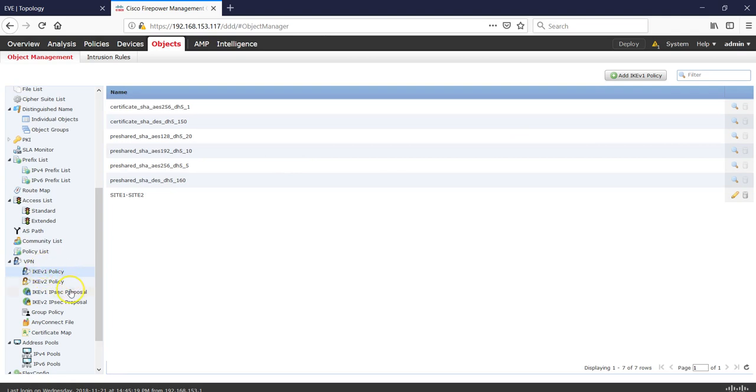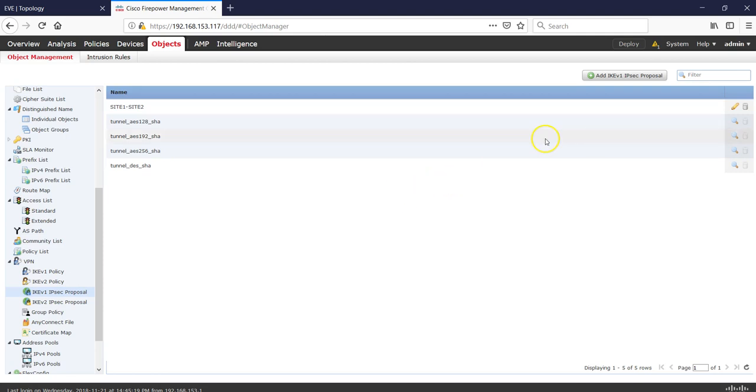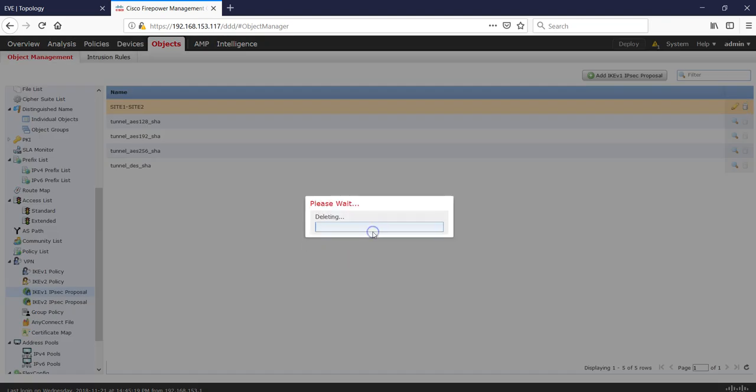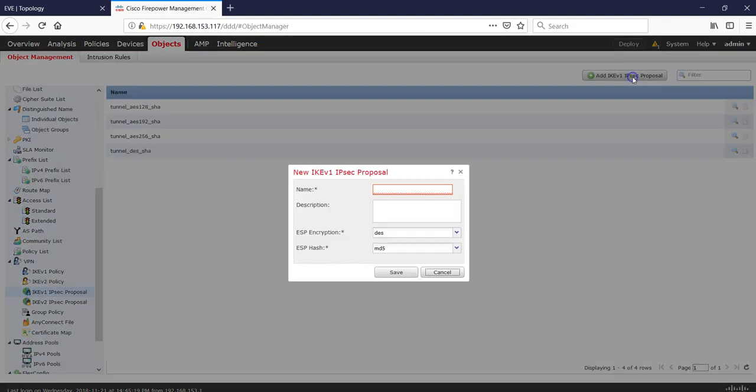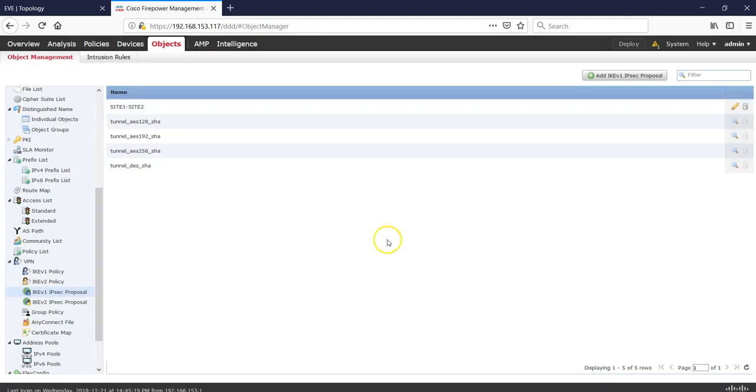I've created IKEv1 policy. Now I'll do phase 2, which is IPsec proposal. Okay, I already have one here, but let me delete it so I can just show us how to create. So you can see it. So I'll click on that site. That will also be site 1 to site 2. Okay, I can use 3DES and I can use SHA. I'll save. Having done that,